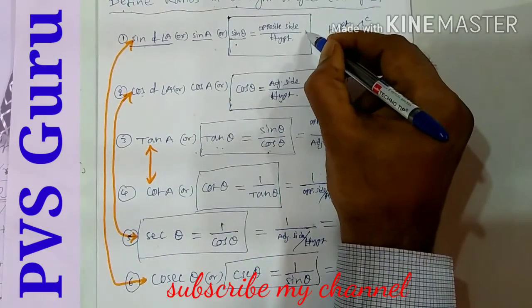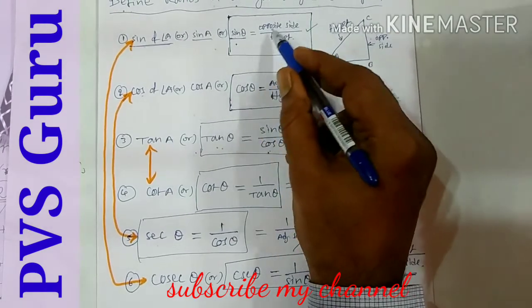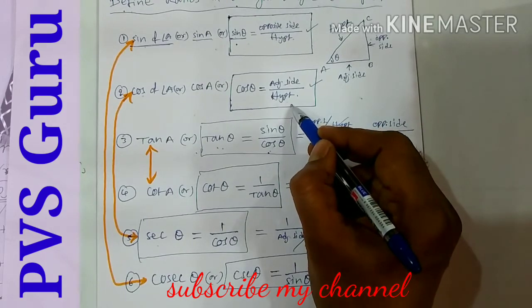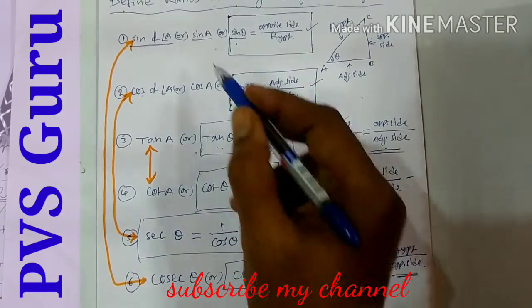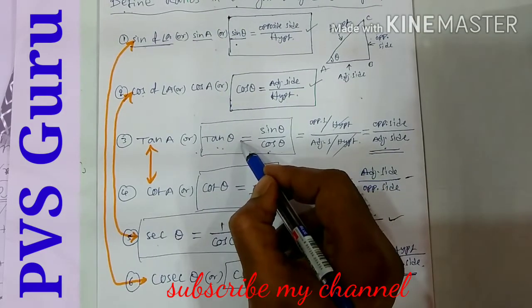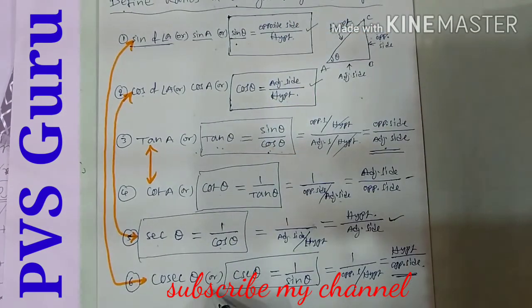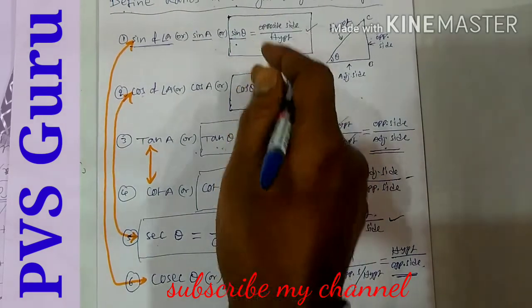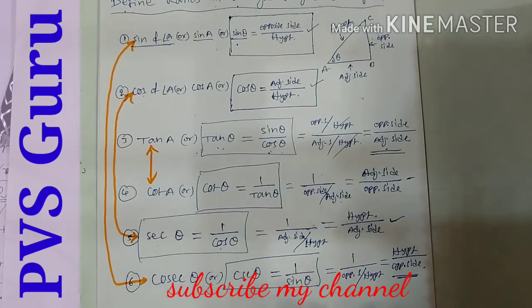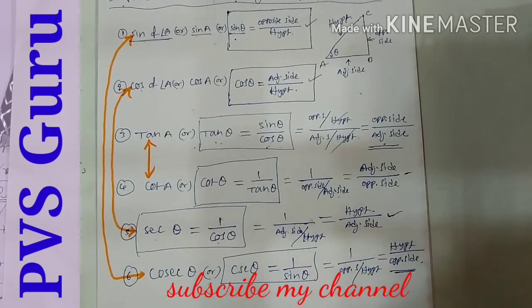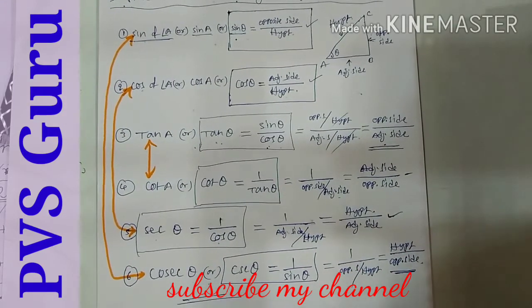Just you read out sin and cos. Sin theta is opposite side by hypotenuse, cos theta is adjacent side by hypotenuse. Then tan theta, automatically you get it sin by cos. So if you get the tan theta, reciprocal to tan is cot, reciprocal to cos is secant, reciprocal to sin is cosecant. So remember, you first listen to the video, then you note down all this, then once you read again you listen to it, then it will be clear to you. So these are the 6 trigonometrical ratios formulas.